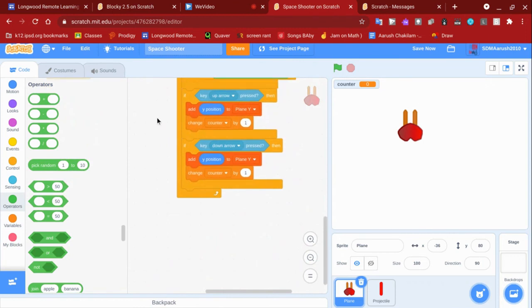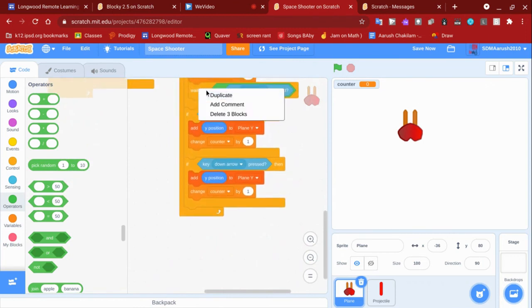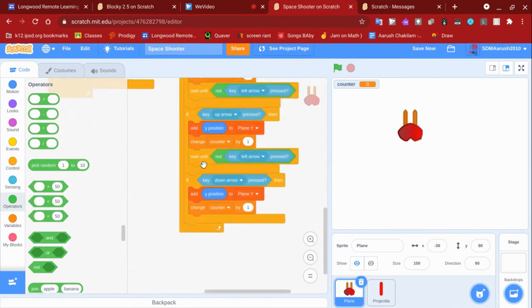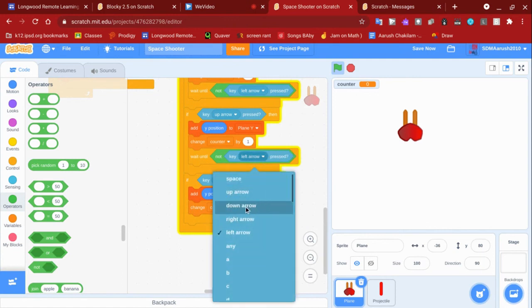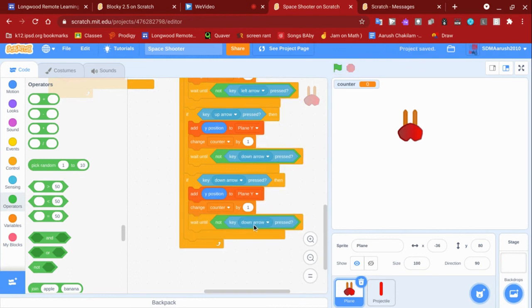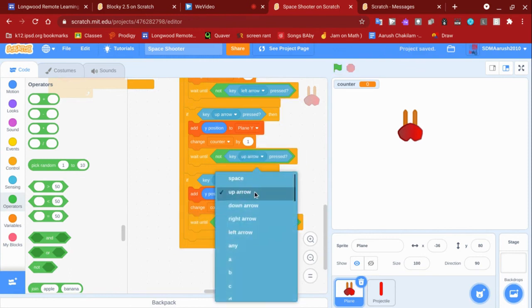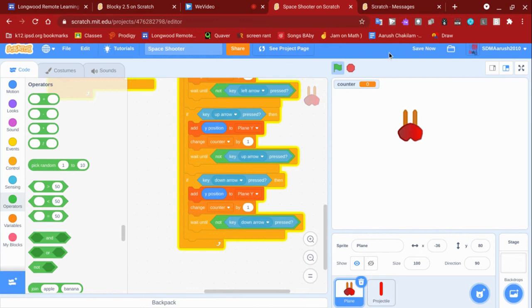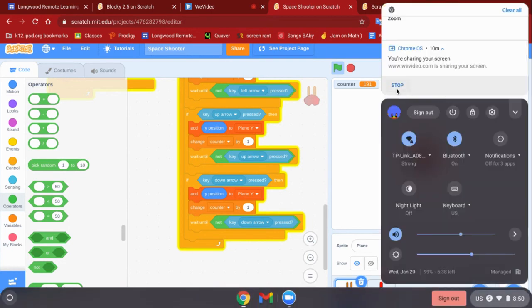So I'm just gonna quickly do this. Key down arrow, key, oh wait, this is the key up arrow. Key up arrow. So hopefully now they should be fine. Okay, the counter is still changing extremely fast. So I'm gonna try and fix this glitch, and then I'm gonna make another video fixing